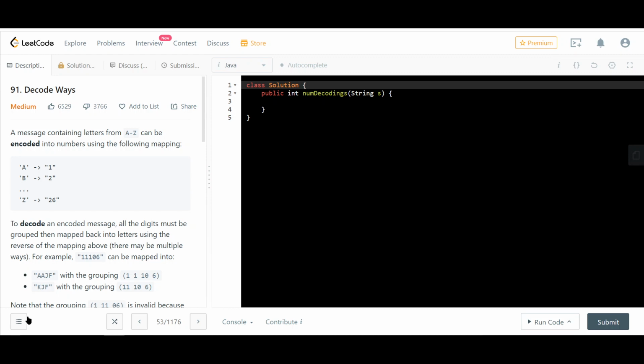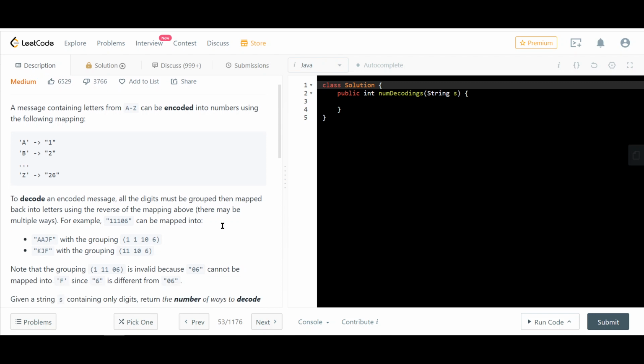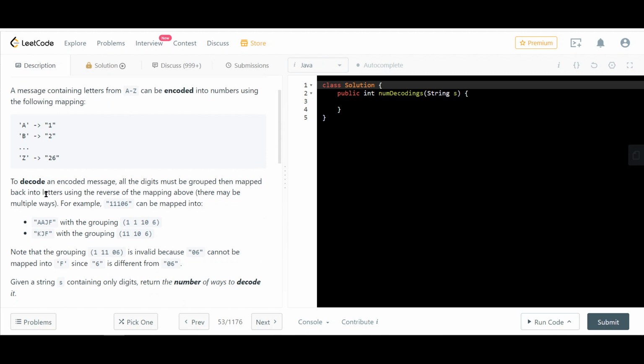Hey guys, so I'm going to try out this problem called Decode Ways. Let's have a read. A message containing letters from A to Z can be encoded into numbers using the following mapping. A is 1, B is 2, Z is 26, and so forth. To decode an encoded message, all the digits must be grouped,